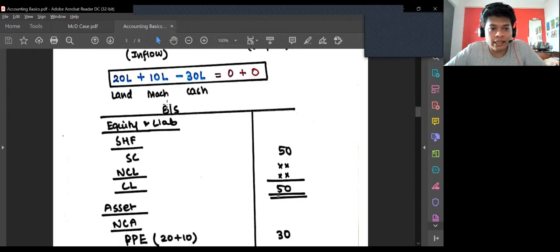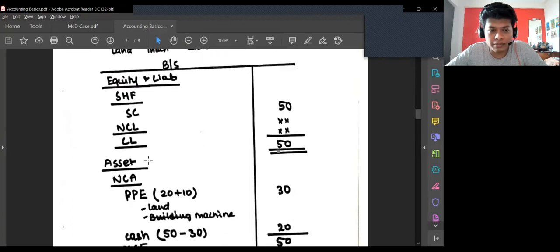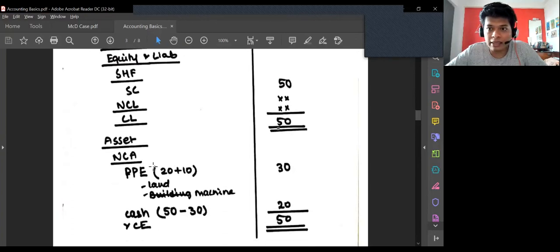Right. So again, if I do the balance sheet, share capital 50, I'm carrying it forward from the previous balance sheet. So it's 50 over here. Still no current liability, no non-current liability. Asset, this comes under the heading property, plant, and equipment. Okay. So generally, what happens is in the balance sheet, we only show it as a single line item as PPE or property, plant, equipment, and then here you'll see a note like note 1, and within note 1 you'll see land, machinery, and so on. So just for simplicity, I've written it over here 20 plus 10.